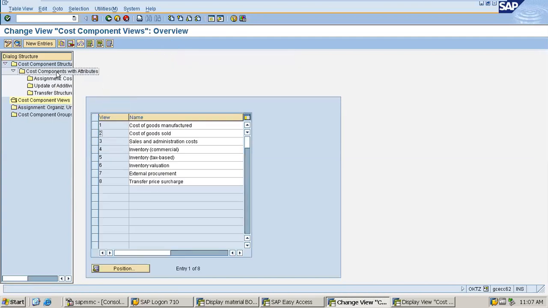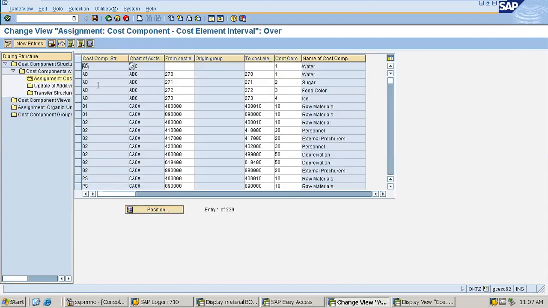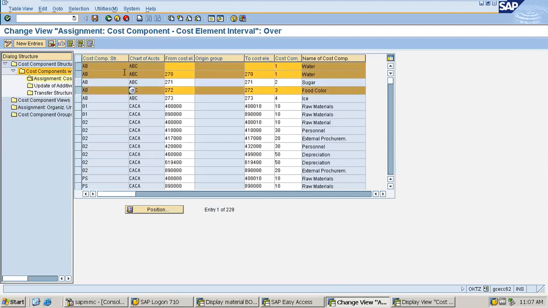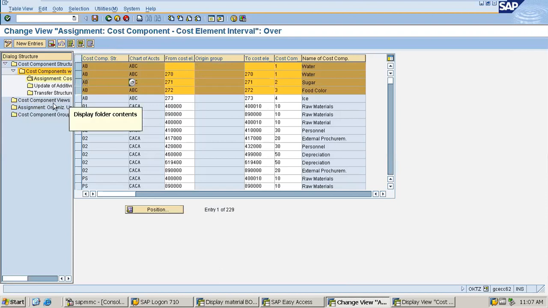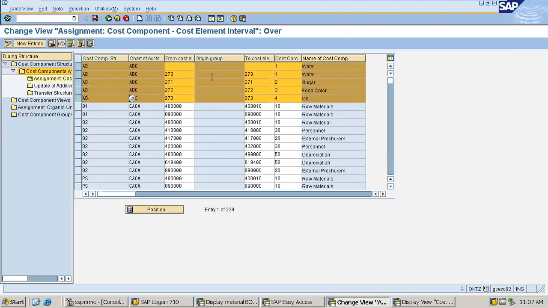Now I'm going to the assignment. Yes, here I'm defining my cost component structure with the cost elements that I want. These cost elements are nothing but the sources of costs.